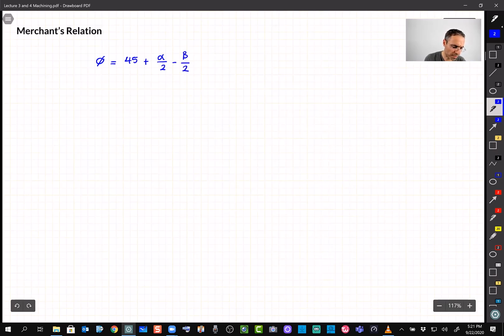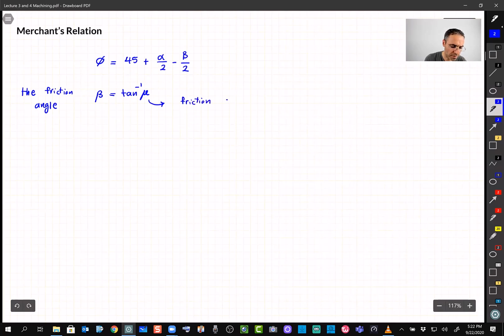You can look up the proof in your textbook. What is beta? Beta is called the friction angle, and it is equal to the inverse tangent of mu, where mu is the friction coefficient